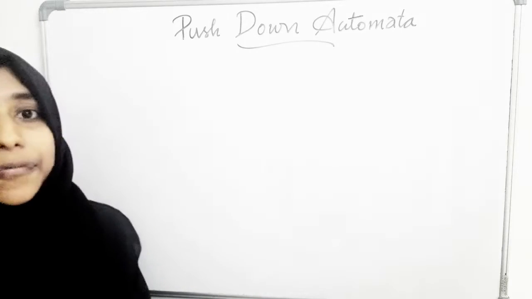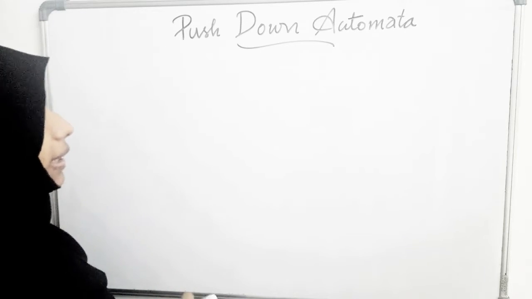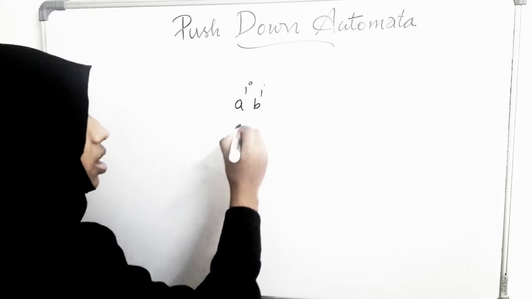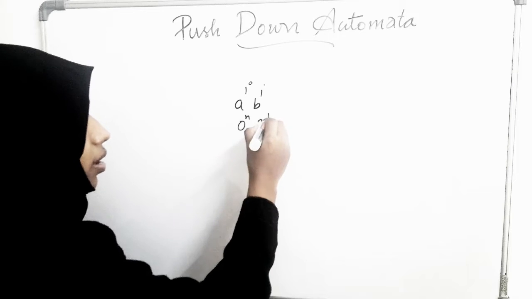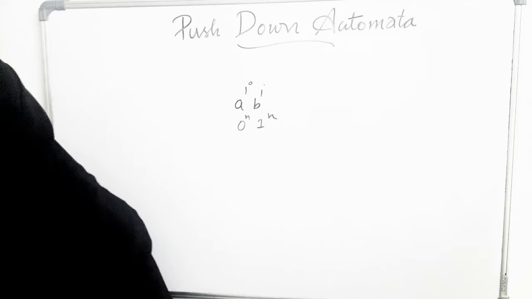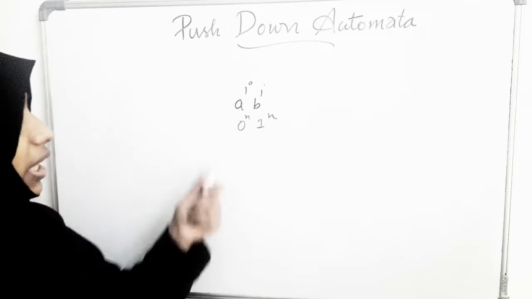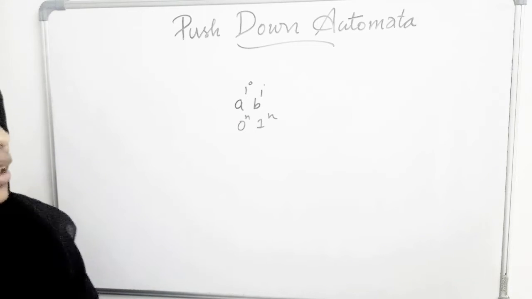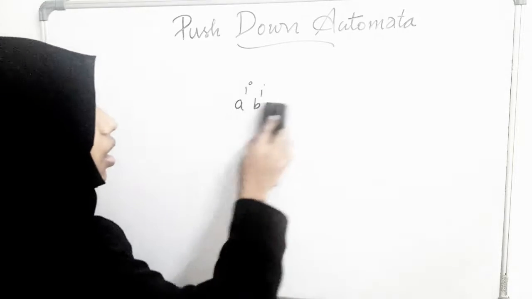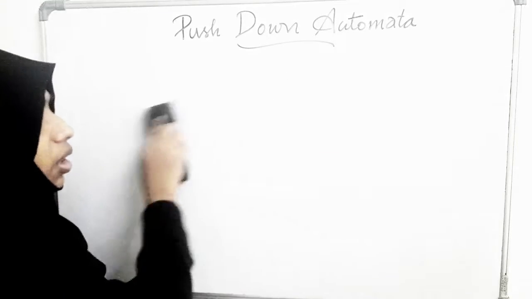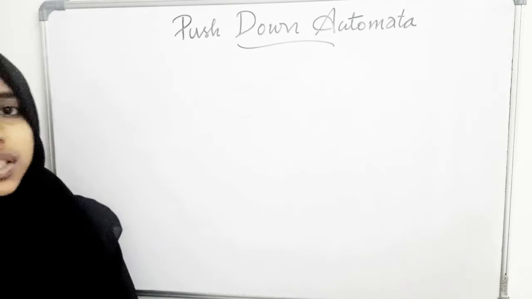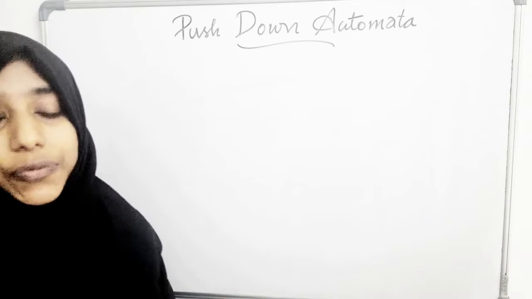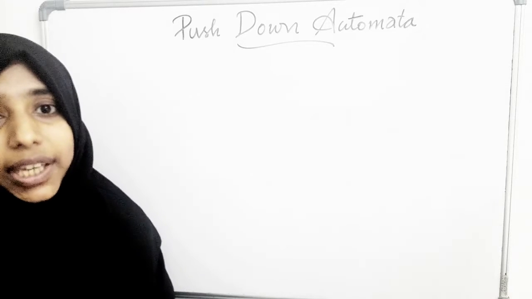For example, we have proved using the pumping lemma that strings like a raised to i, b raised to i, or 0 raised to n, 1 raised to n, I mean patterns like this where it needs to keep track of the numbers, cannot be done by a DFA because it exceeds what is possible without any memory. So that is the limitation of a DFA or any finite automaton for that matter, whether it is a DFA, NFA or